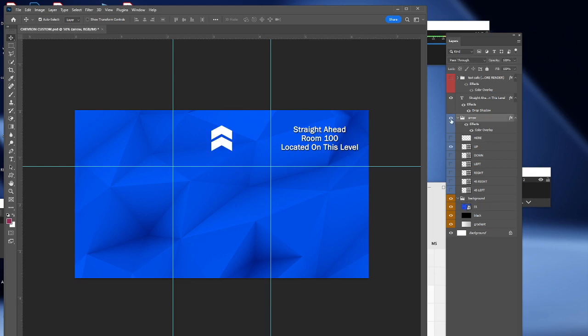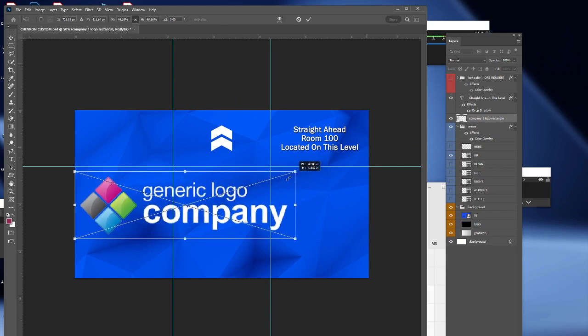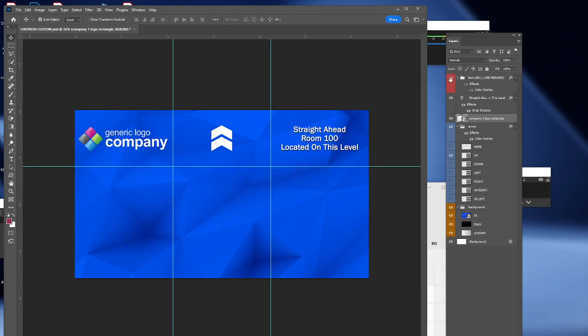on top. We're going to bring up the arrows, and then we're going to drop a logo and scale that to fit. And we'll just check our safe zones again. Everything is looking good. So now in this situation, we would just save the template and send it back to